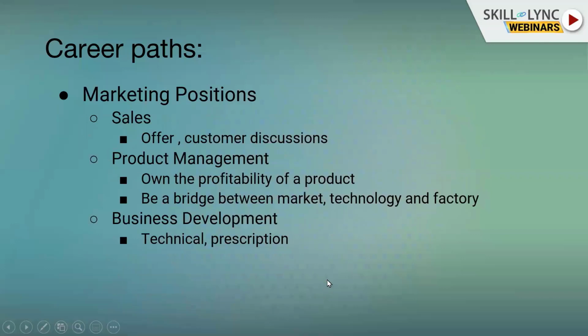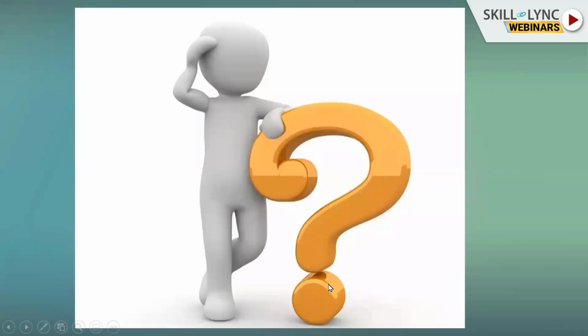When it comes to positions, you have the marketing position, you have sales, of course, and then product management. So you want the profitability of your product. You are the bridge between the market, what it needs, and the technology. You need to tell the internal design or R&D people. So that is another career path that you may want to choose, or business development, which is somewhat like, not direct sales. You don't clinch a deal, but you make presentations and technical discussions with the customer before the customer specifies a particular product. And of course, consultant.